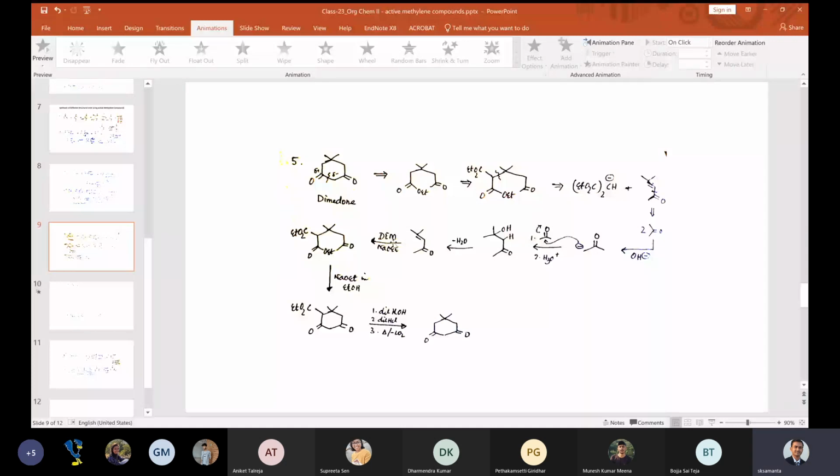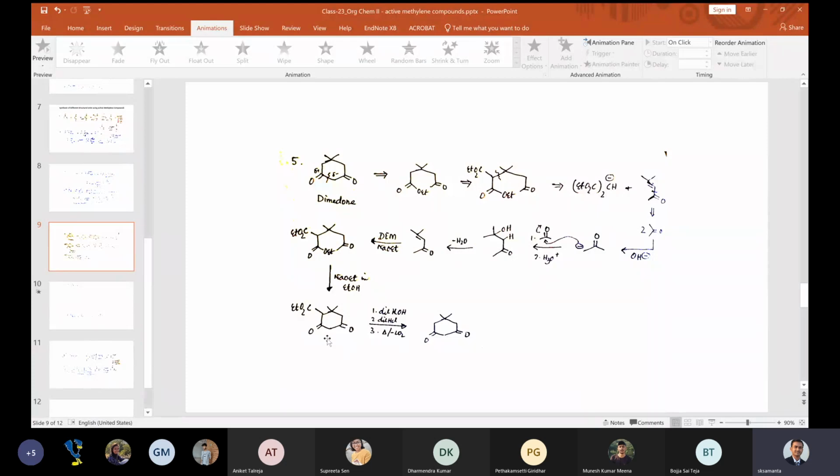Okay. Now you use diethyl malonate. This one, CO2Et CH2 CO2Et. So then you use a base, NaOEt. So this will form a negative charge, attack here, and you get this compound. If you get this compound, now the process is very simple. The base is already there. So in this base medium, this CH3 will form a negative charge and attack here, so that you get this ring closure.